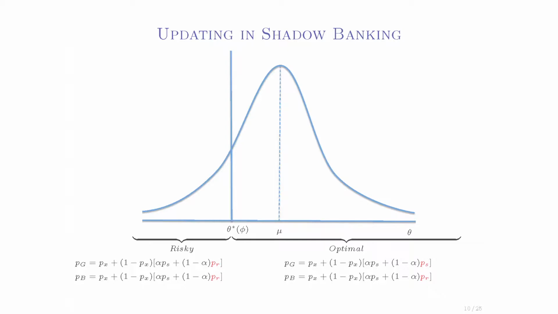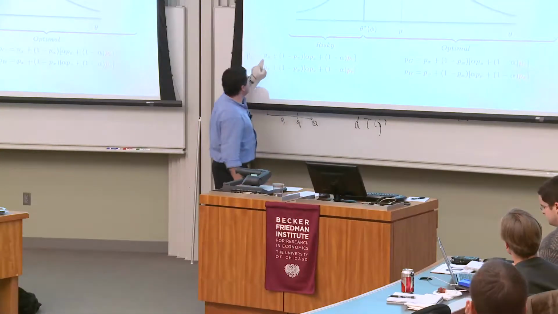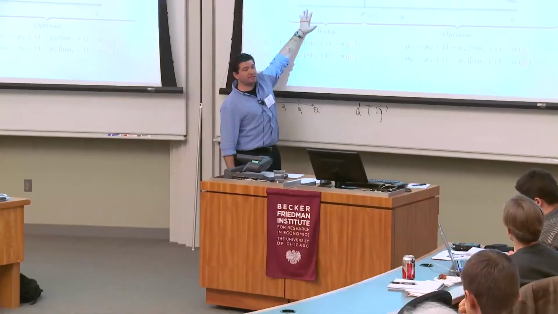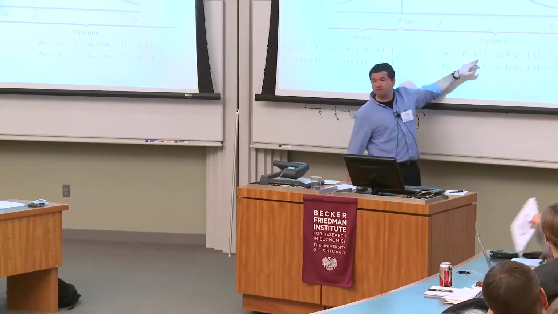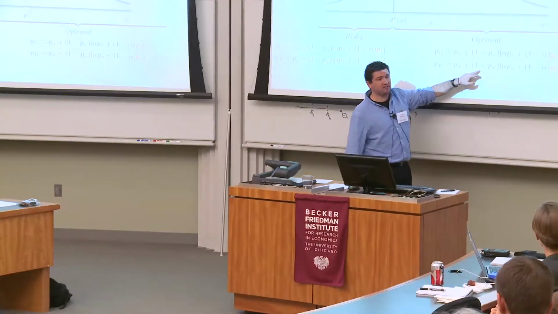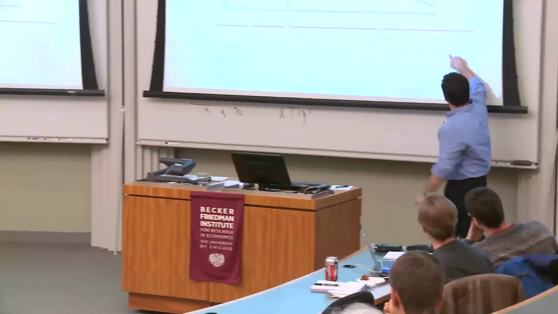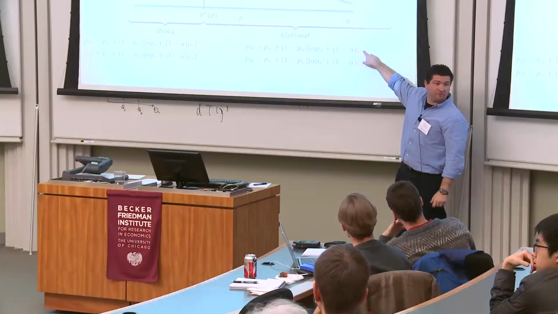So the bad banks, these are the probability of repayment by the bad banks, they don't care about the future. So it's the same picture that I showed you at the beginning. The probability of repayment by them is always the same. But for the good banks, the probability of repayment when the fundamentals are low is the same as for the bad banks. And the probability of repayment by the good banks when the fundamentals are high is higher than for the bad banks. The reason is that in this situation, the good banks invest optimally, invest in the safe asset when the risky asset is inferior.